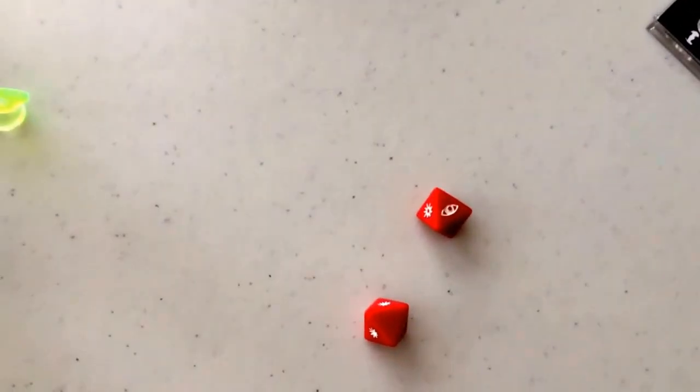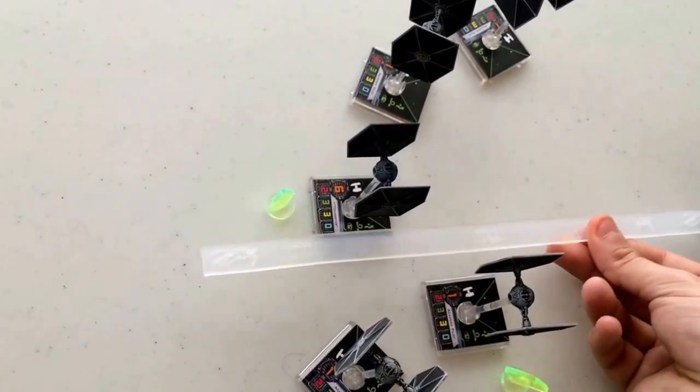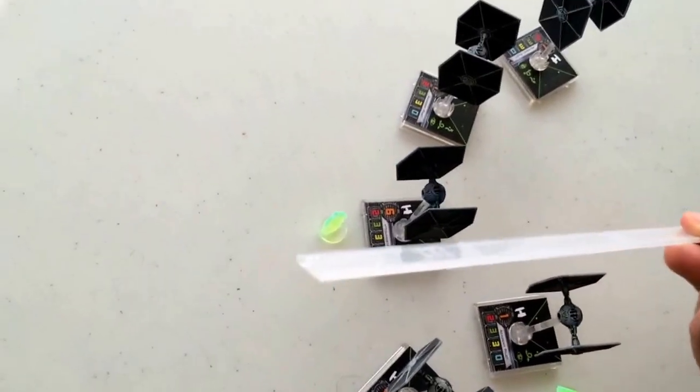Finally, Youngster gets his shot in. A blank and a focus. So he should have taken that as focus, but no damage done to Oikun now. Oikun's going to attack. He's going to aim right back at Youngster. Youngster's going to get 4 dice because of his stealth device, and I believe that's a range 2 attack. Yes, it is. So